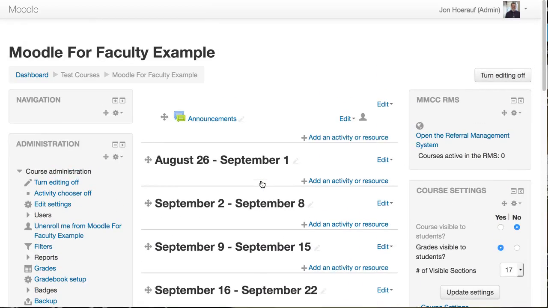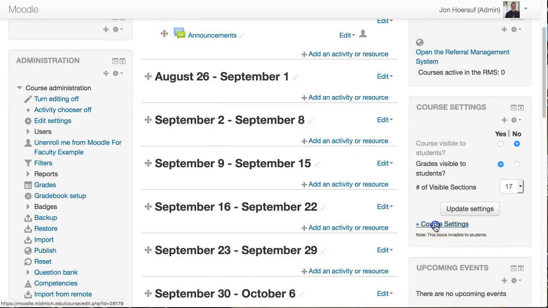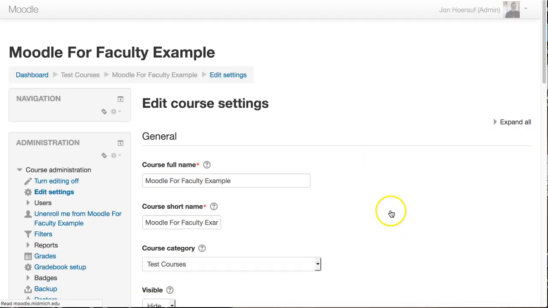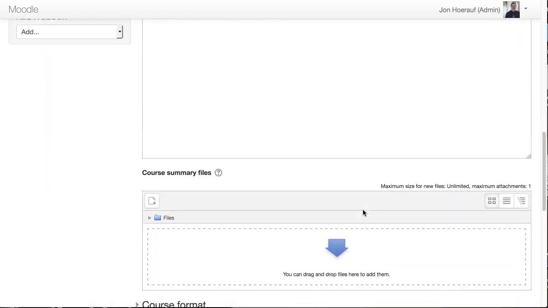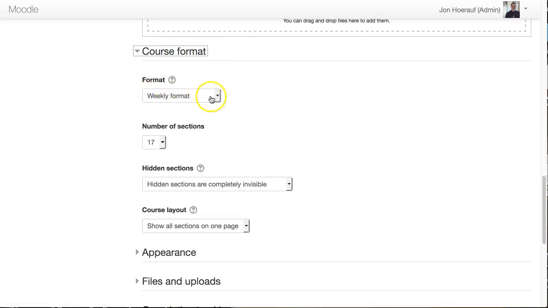Another thing that you can do: some classes are better set up by topics, where you don't do something each week necessarily in the same way. You'd rather have just 4 main topics that you're going to cover. If you look over here under course settings and click on that hyperlink, it'll take me in to where I can do some adjusting within the course. I want you to look down here at course format. Right now it defaults to a weekly format, which is what we're seeing. But if I go down to a topics format